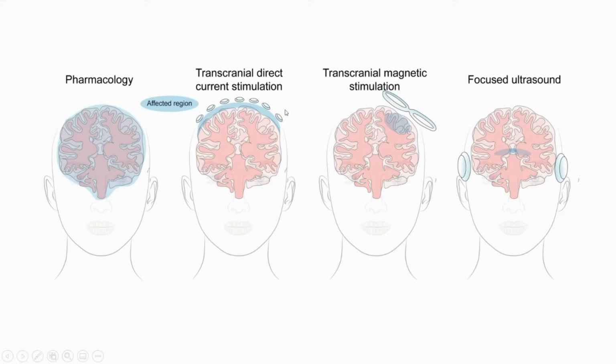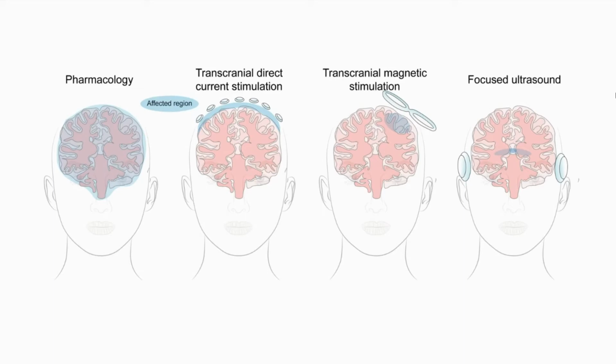So I'm sure a lot of people, especially joining the BrainBox seminar, are familiar with TDCS and TMS, which are attempting to address both the temporal and spatial aspects or problems with drugs. But one of the major problems with them is that they're limited to these sort of superficial layers of the cortex for the most part. So focused ultrasound is exciting for a lot of people, including myself, because it allows us to start to reach these little deep brain areas and to hit the targets that we sort of love and hold dear.